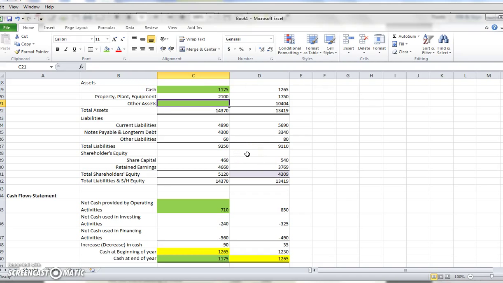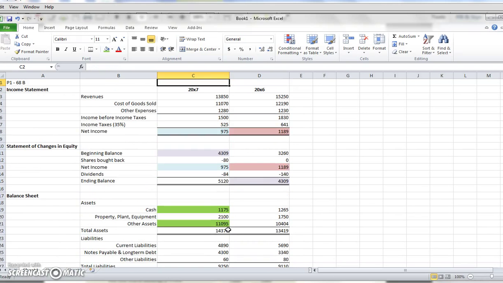So the other assets is total assets, subtract the sum of cash and plant and equipment, and that should be the amount of 11,095. And I believe if that number is put in, then that all balances. Let's see, does everything balance? Yes. Yes. And now we have finished